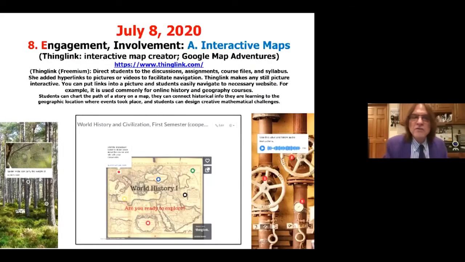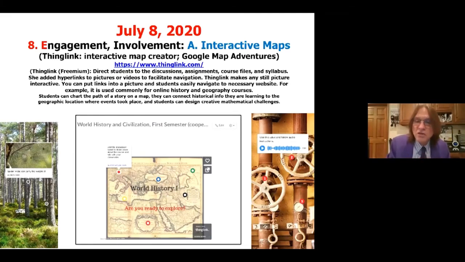Another thing that is freely available is interactive maps. I like maps. I learn from maps. I like visuals. There's a free tool called ThingLink that lets you put a link on a map. As you click on that active link, you can put the link anywhere. It can link to pictures, websites, other maps, events, all sorts of things.